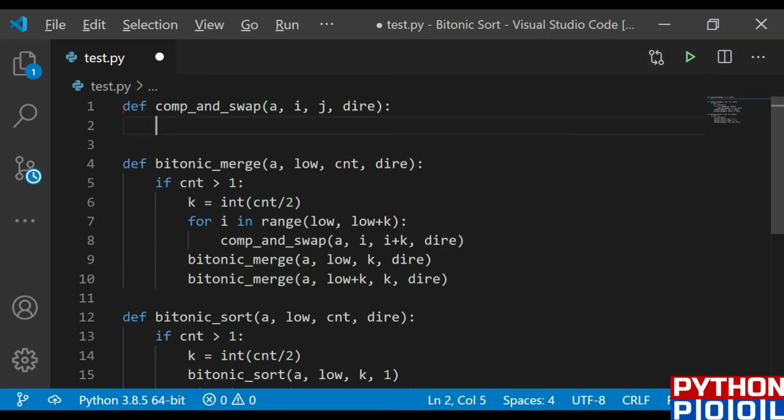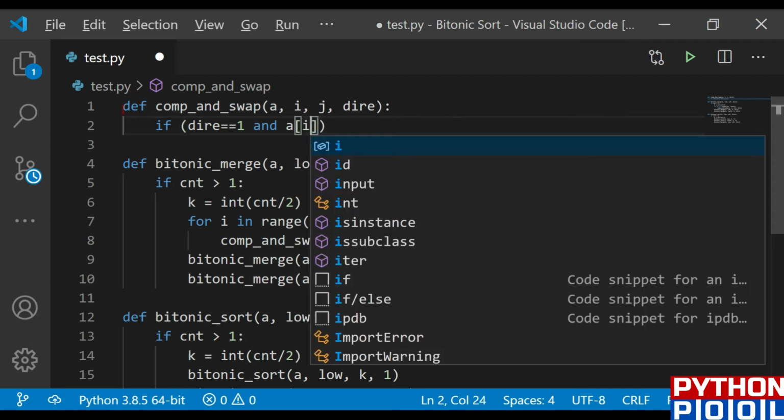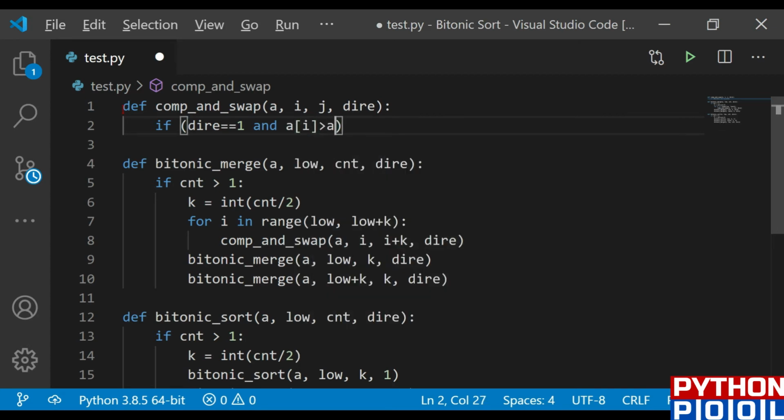After taking this, if my direction equals 1, if it is the forward direction, and A of I is greater than A of J, this is the first condition. Or if the direction equals 0, and A of I is less than A of J.